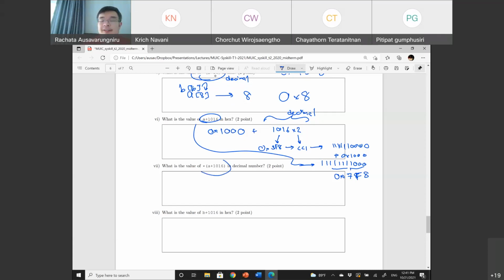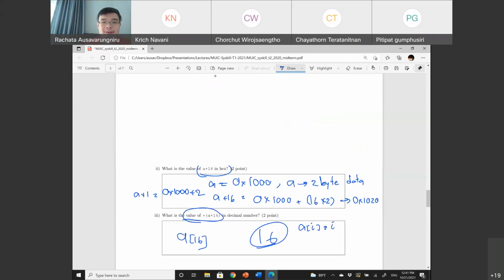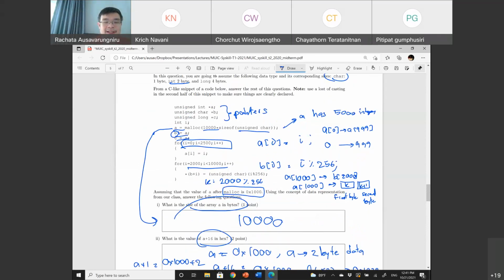What's the value of a plus 10,016? This is the array at 10,016. What do we know about this part? If you go back up, over here, you would notice that a 10,016 is overwritten by the second loop.